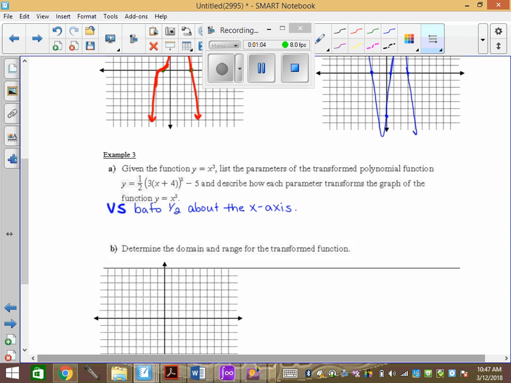We have a horizontal stretch, and this is a nice one because the 3 is already pulled out. Remember, if the 3 isn't taken out in front as a GCF, then what happens? It's going to affect your horizontal translation, right? So this 3 needs to be in front and outside of the brackets, but still inside the cubed, or else your horizontal translation is going to be wrong. You have to remember to take that out of there. Okay? So we have a horizontal stretch by a factor of 1/3 because it always flips about the